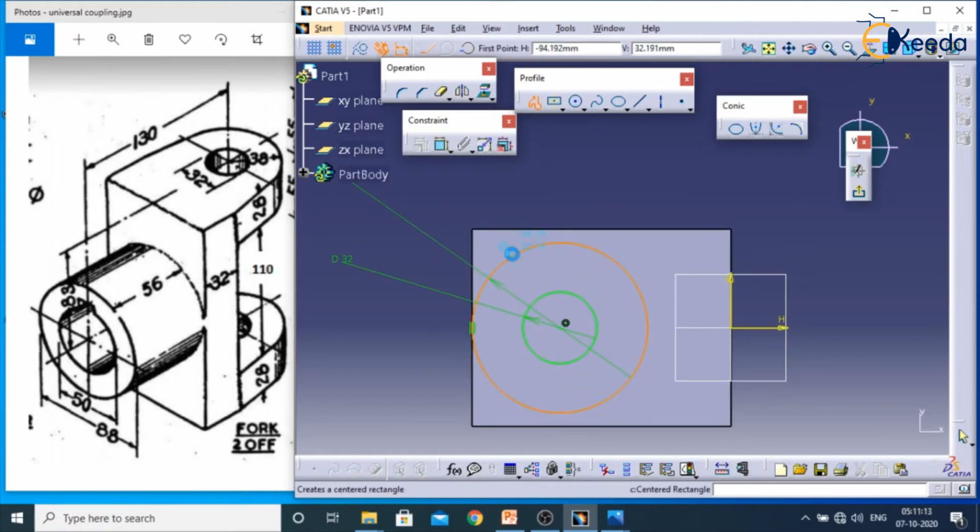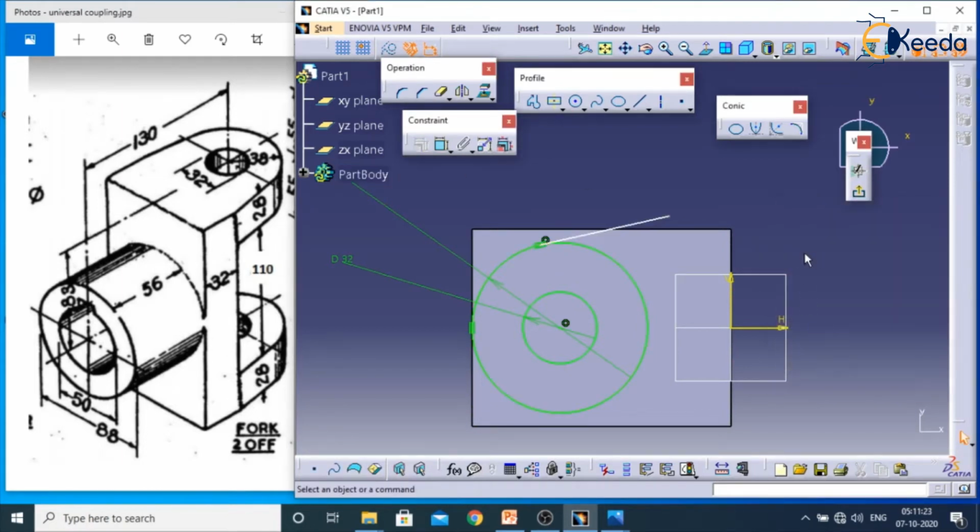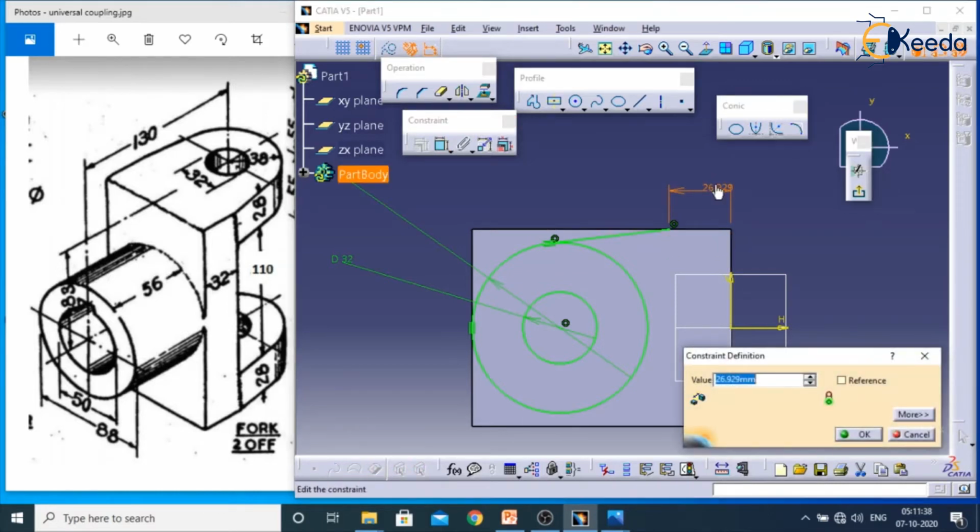Now draw a line here till here, escape, select this, go for constraint define in dialog box, apply tangency, select this and select this, right click coincident, and from this end to this end it is 32. Select this, and this, give here 32.